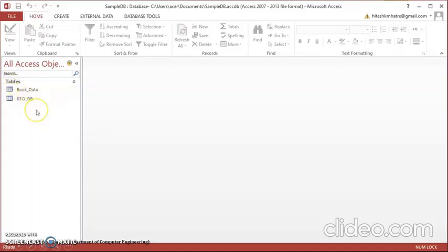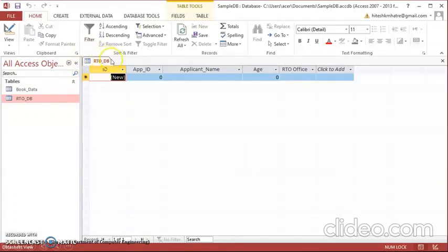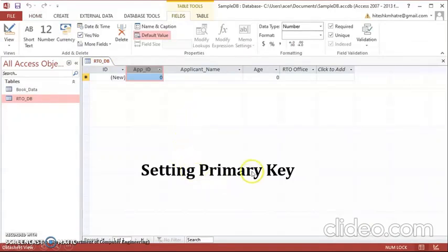Just double click here. So you can see here the name RTO database. So we will start with our validations. Setting a primary key. Since I want application ID to be unique, I will set a primary key. Here in the field validation, you can see 2 fields, required and unique.